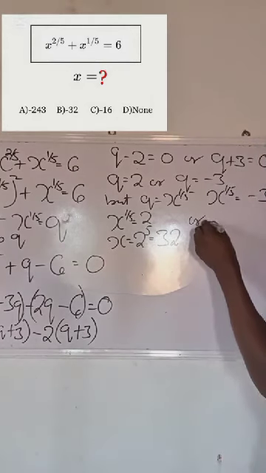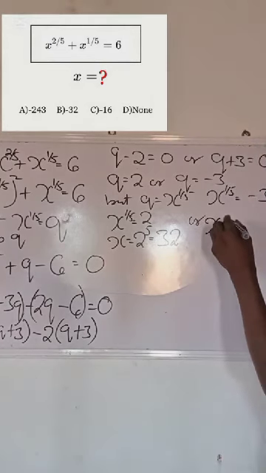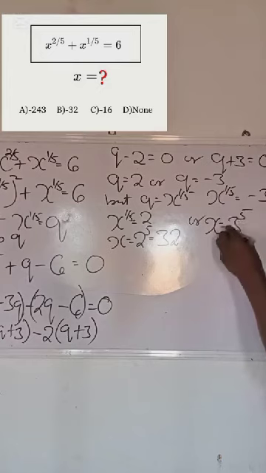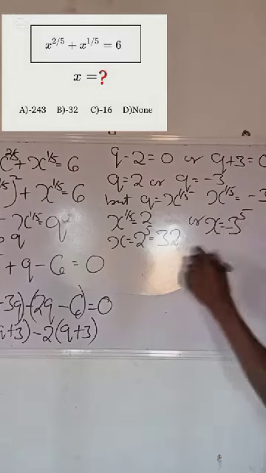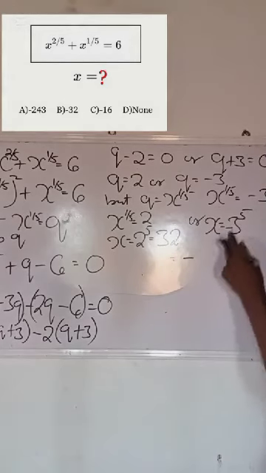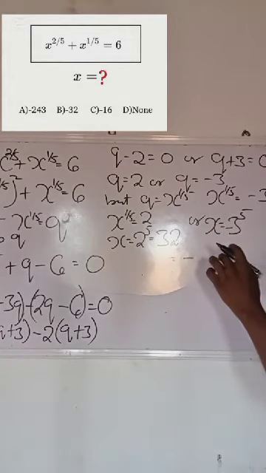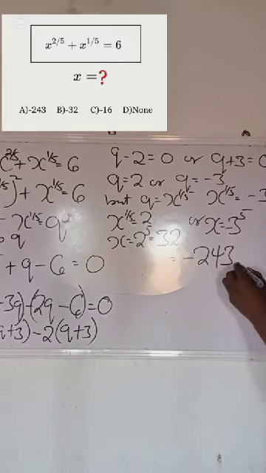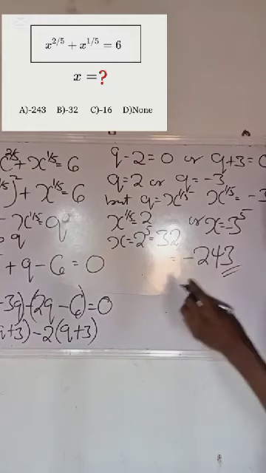This gives me x equals minus 3 raised to the power 5. What is this? We have minus 3 times 3 times 3, up to 5 times, which will give us minus 243 as our answer. So now look at